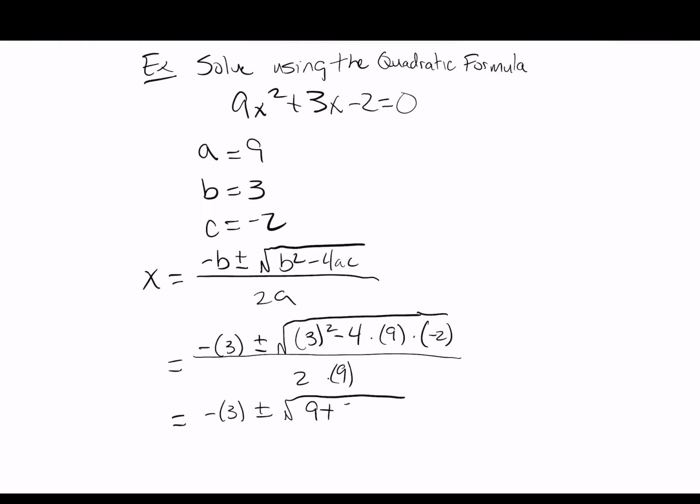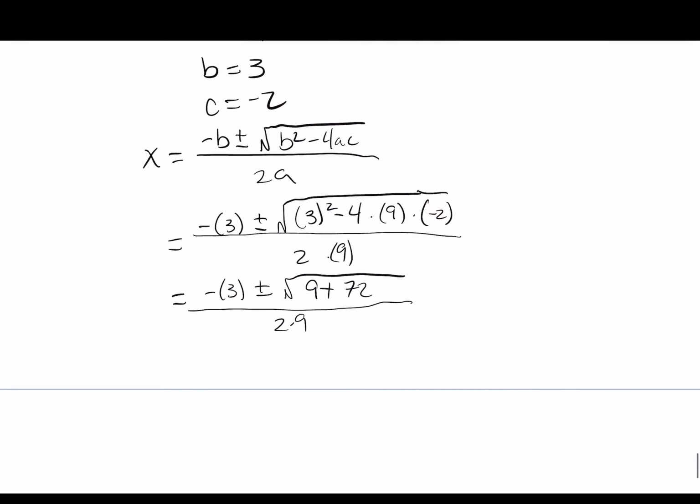So 9 plus 72, all over 2 times 9. So what we end up having is -3 plus or minus the square root of 9 plus 72 is 81, over 2 times 9, which is 18. So we have -3 plus or minus the square root of 81, which is 9, over 18,